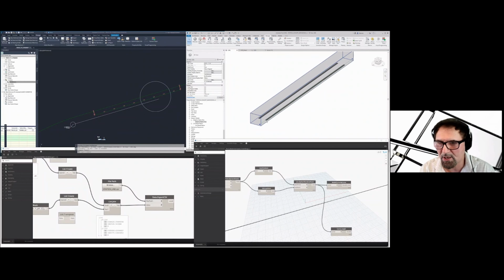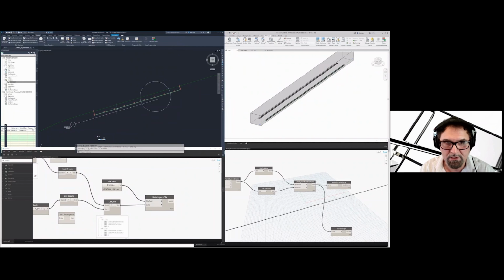Now the tracks are not currently created referencing that line, even though in a full-blown project, and I'll show you the details of that later on, you would have basically all the components of the Revit model made hosted. And so when you make a change such as this one, you will see.